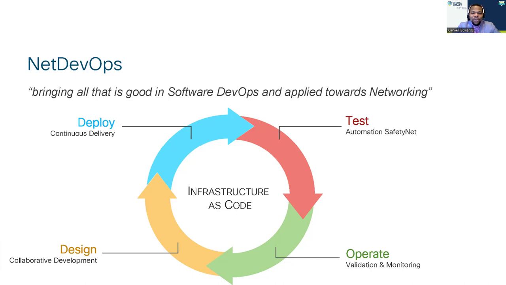If you have ever seen a software development life cycle, you will know that there are some key areas that need to be completed before you can actually put the software or the application into production. The same can be applied when we look at configuration for our infrastructure systems. You will need to have your design phase, you will do your deployment, you will do your testing, and the software will be in operation.